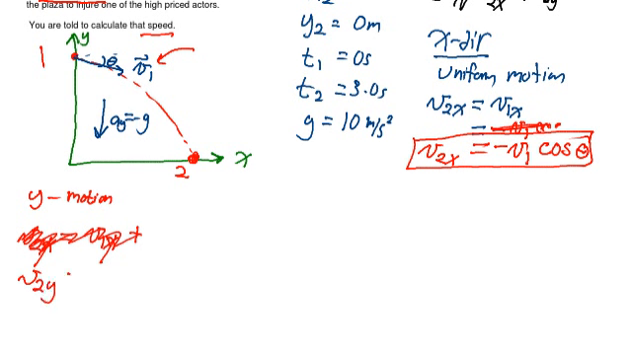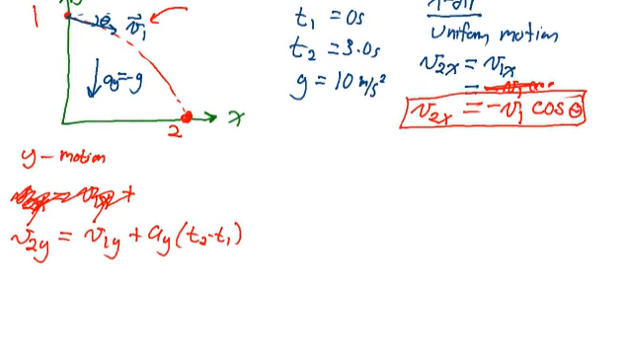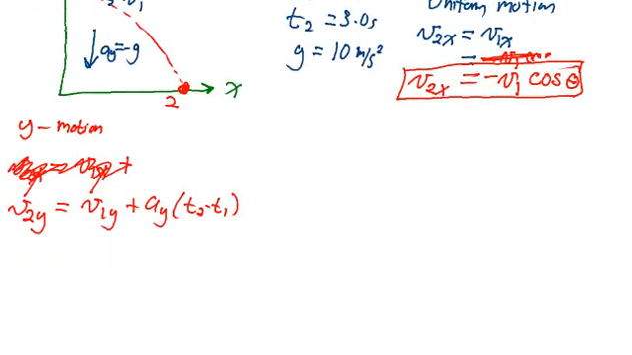v2y equals v1y plus the acceleration in the y direction times t2 minus t1. All right, so we'll work with that a little bit. So v2y is what we want to find. v1y would be equal to v1 times the sine of theta, but that should have a minus sign in front of it because that initial velocity is downward,